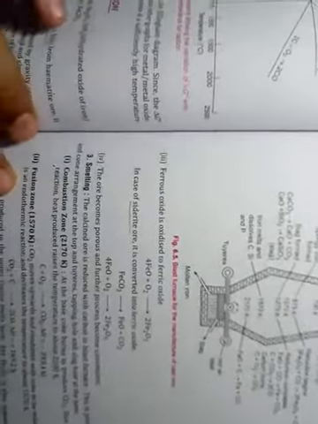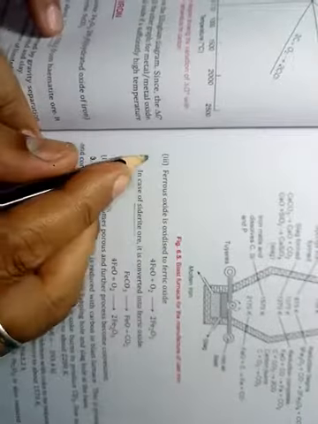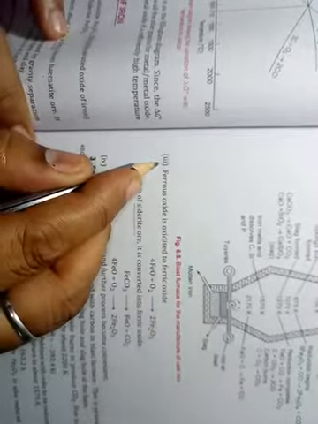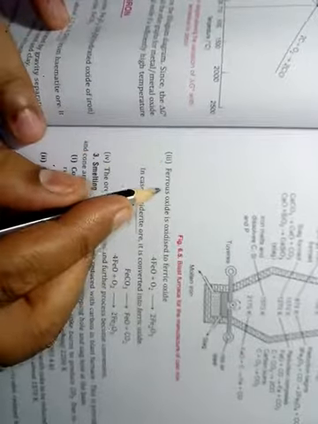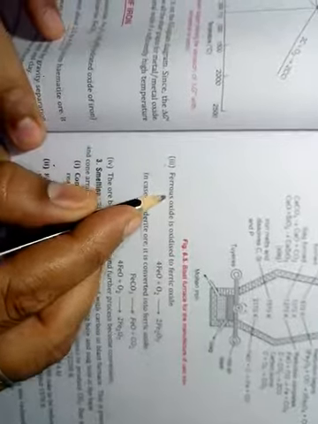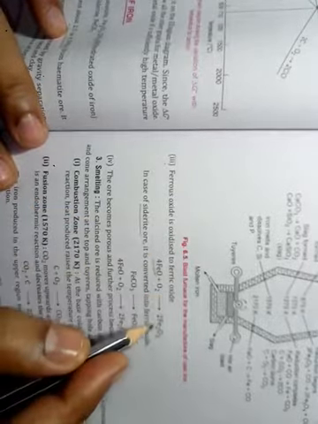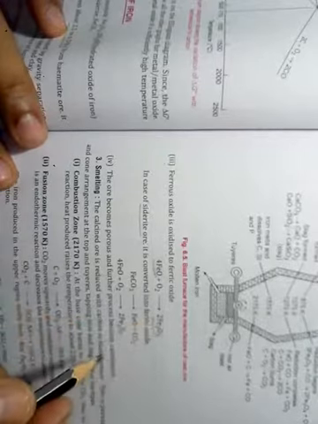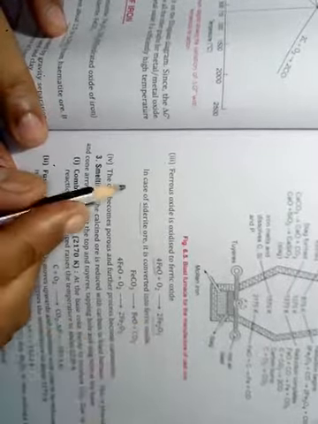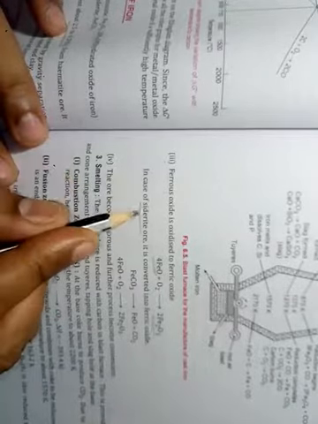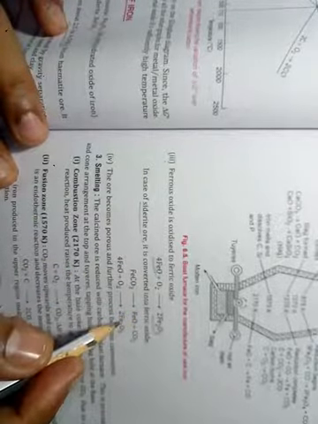After this, the third change which is taking place in calcination is that ferrous oxide is oxidized to ferric oxide. So ferrous oxide will be converted into ferric oxide. And one more important thing is, in case of siderite ore, what happens? It will be converted into ferric oxide.